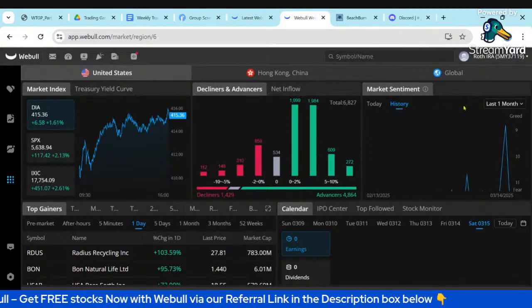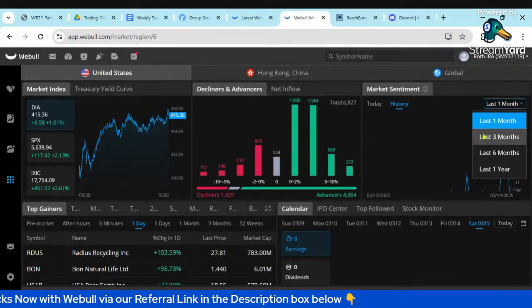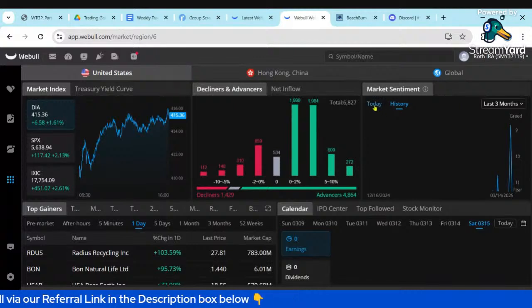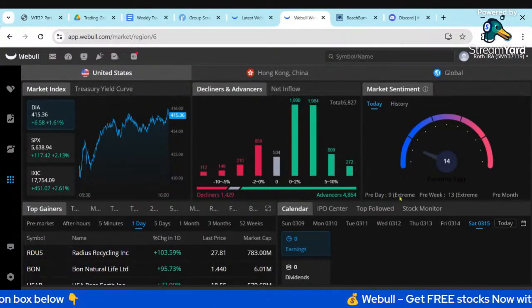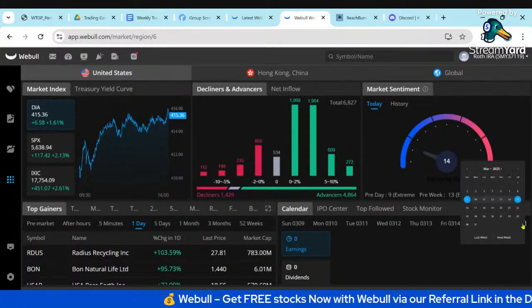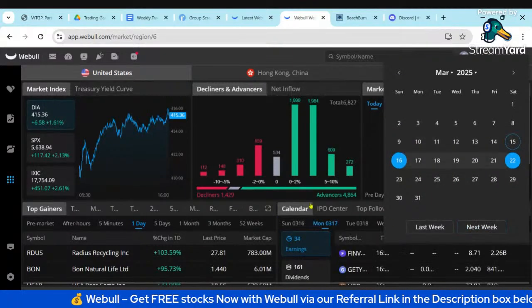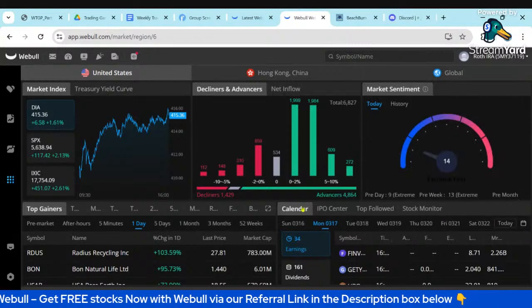Yeah, their graph is a little messed up right now. Not sure what the issue is, but again, we see a definite downturn in the fear index, a lot of fear under the covers. Again, you can see the earnings calendar for next week here in the calendar widget in Webull.